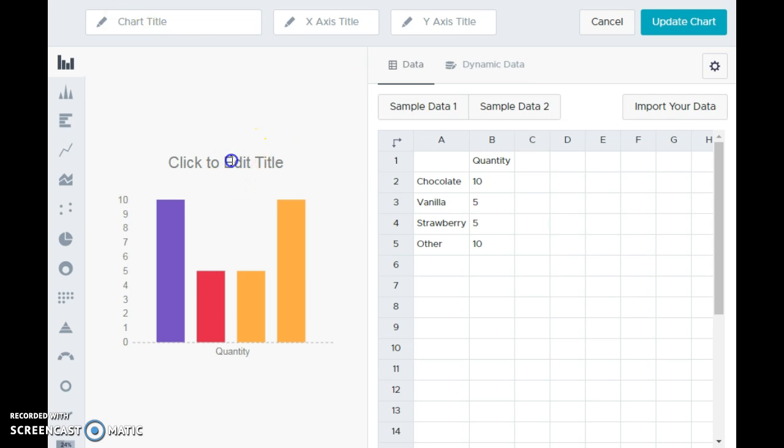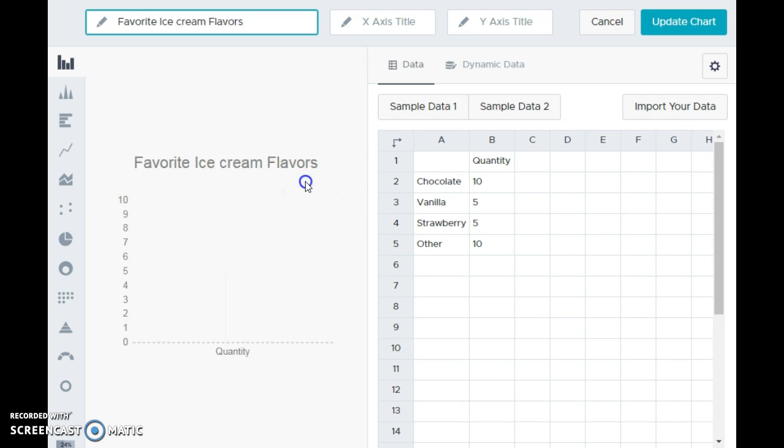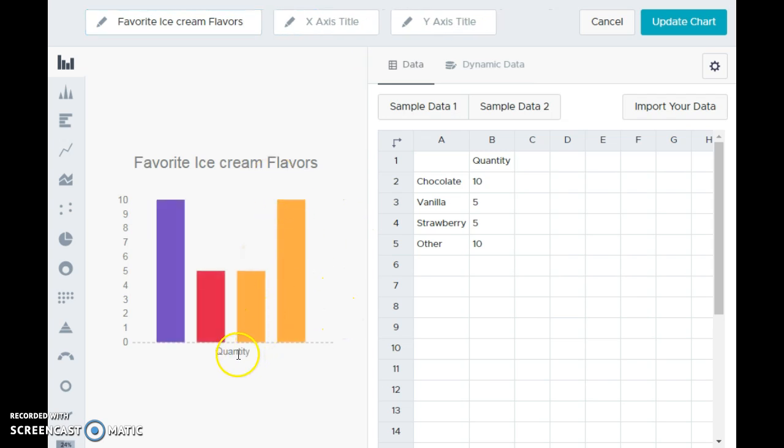And then I'm going to add a title. Right here I'll put favorite ice cream flavors. And that will pop up here. And then here I'm going to put